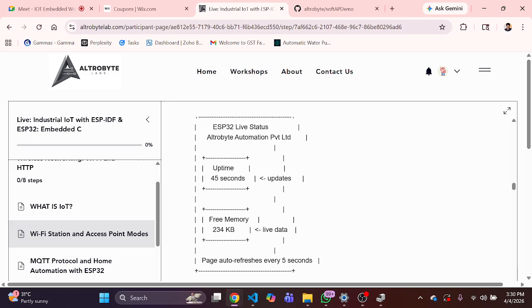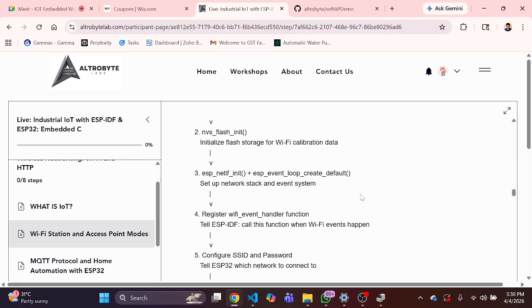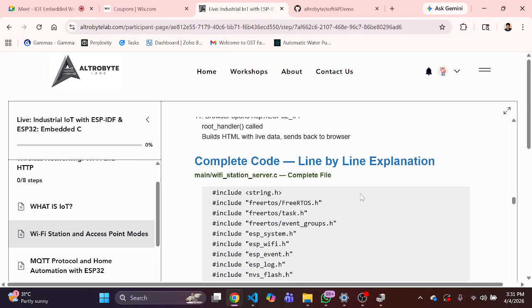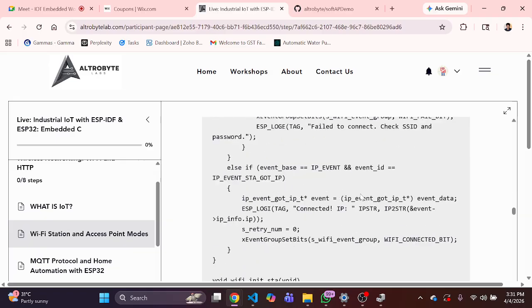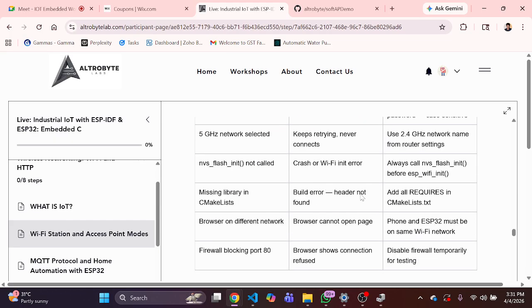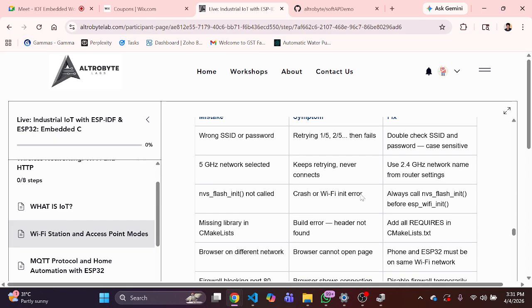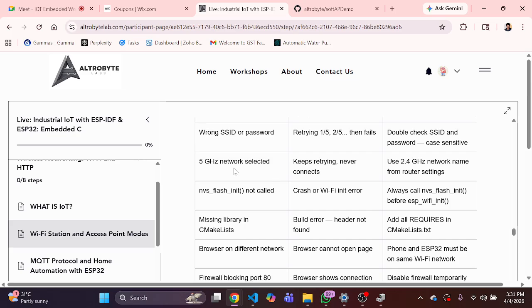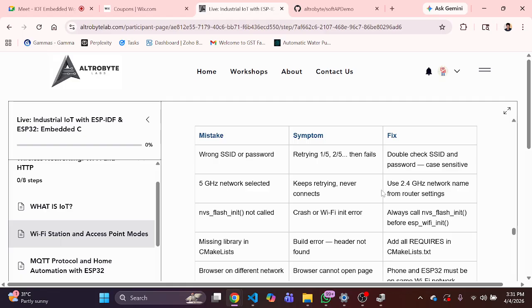So here, not much difference, right? The same code, same level of example we have to do. And this is the code available for this. And this is a common mistake that we have to keep in mind: do not try to connect with a 5G network, right? Connect over 2.4 gigahertz, like say, like in my